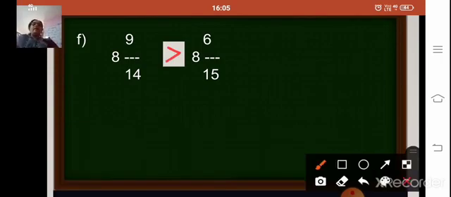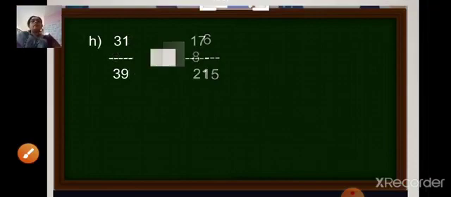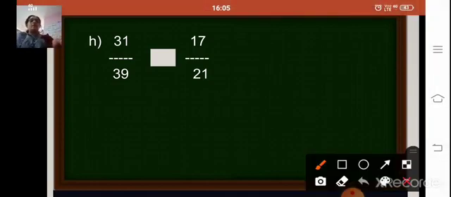Okay. Now coming to the next one, 31 upon 39 and 17 upon 21. Yes. So we will start with the first step. 31 upon 39 and 17 upon 21. The fractions are placed here. Second step, we will cross multiply. So when you cross multiply, you will get the answer as 31 into